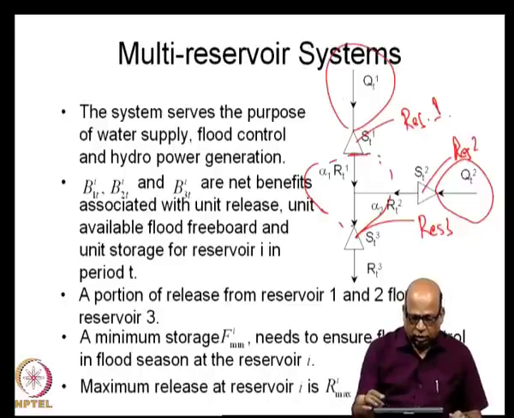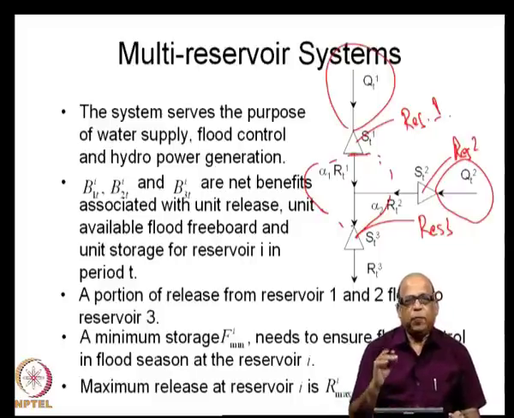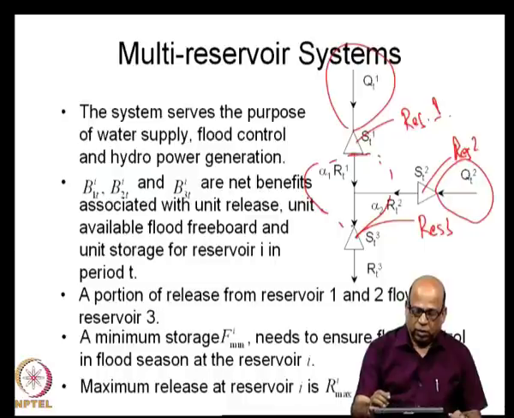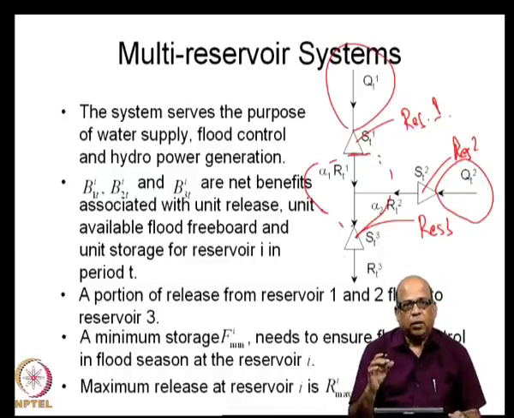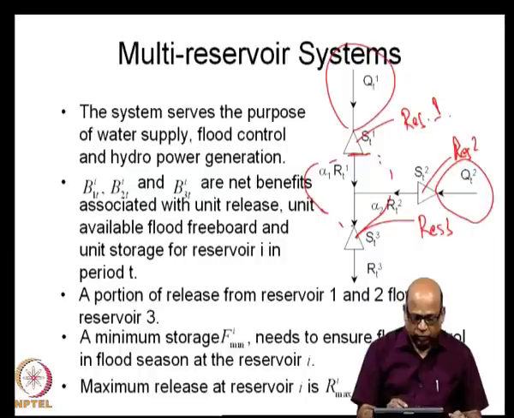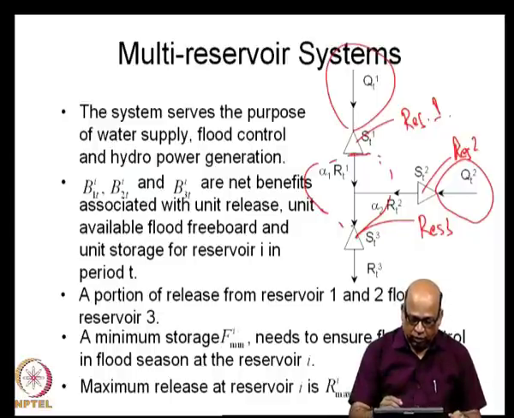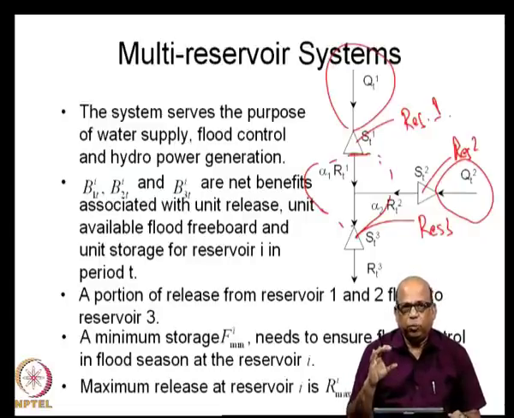Then this is the continuity now, that is how the water is flowing from one reservoir to another reservoir, etc. Then for the flood control, we will specify a minimum buffer storage to be available in each of these reservoirs 1, 2 and 3 during the flood season, which means we will say that there must be a free storage space available at reservoir I, and that we specify as F min of I. This is the flood freeboard to be made available at reservoir I during the flood season.